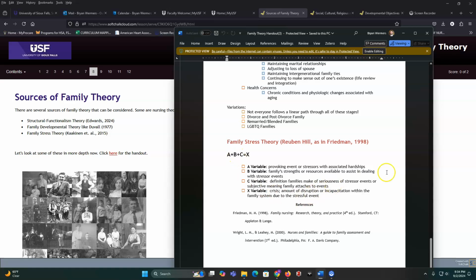C, what's their definition of this? Is this a serious event, or is this not a big deal? And every family's going to have a different opinion of this. I've definitely met families, especially those with special needs and chronic care, that I thought the kid was pretty sick, but yet they were almost too used to them being in the hospital, and they didn't think it was a big stressful thing. I've also met people that, their little world was crashing because their kid came in for tonsils, which is a pretty routine type of thing. So what's their definition of the seriousness of this? And that will play an impact on the total impact of this.